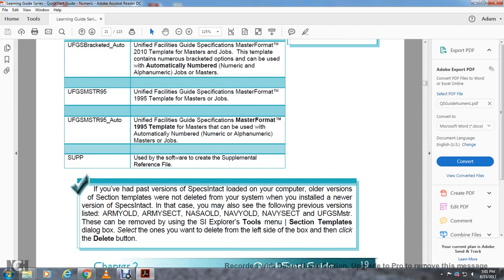If you had past version specs loaded on your computer, old version section templates will not be deleted from your system when installed with the newer version of Specsintact. In that case, you may also see the previous versions listed: Army Old, Army Sec, Navy, NASA Old, Navy Sec, Unified Facility Guide Master. These can be reviewed by the student